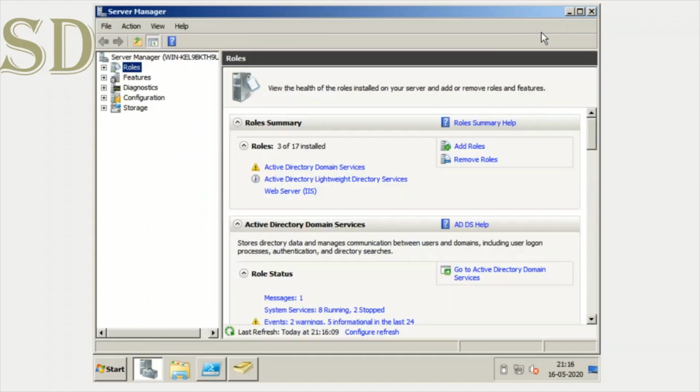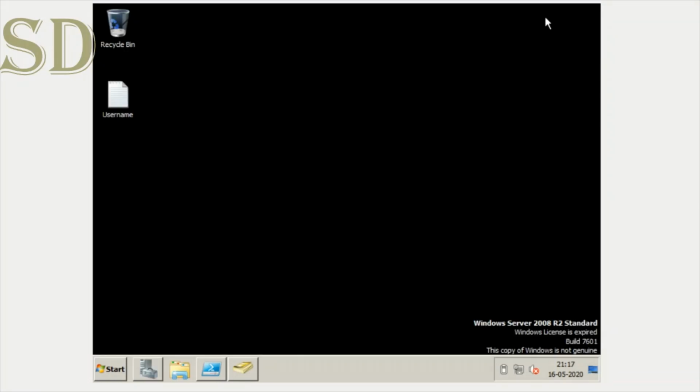So this is my own server. I'm not using any of my company servers or any of these professional servers. It's my own server, and also it's a trial version. It will expire soon. I need to register and get a product key for this. So before starting, I will tell you some basic things.